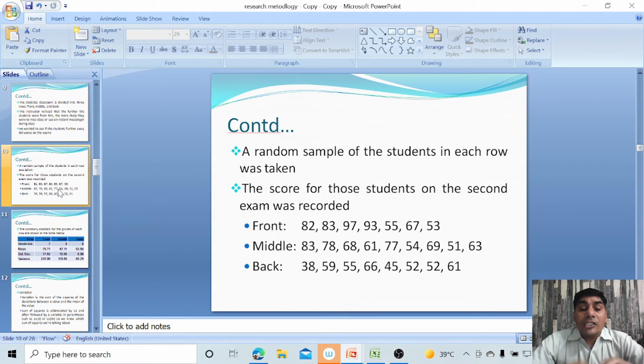Students getting marks 82, 83, 97, 93, 55, 67 and 53. That means there are 7 students. Marks obtained by the students are these. In the middle